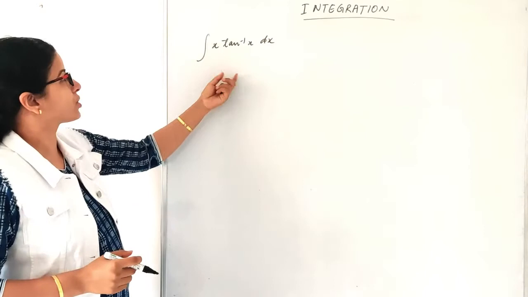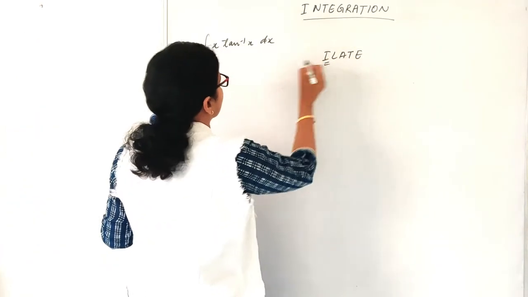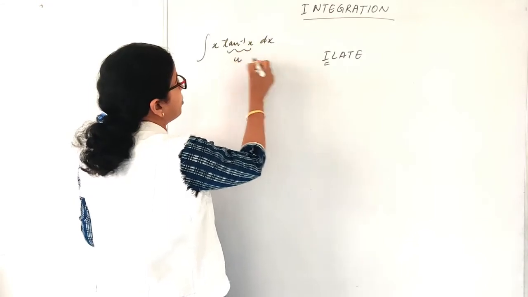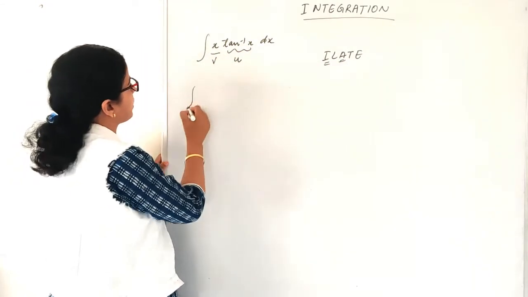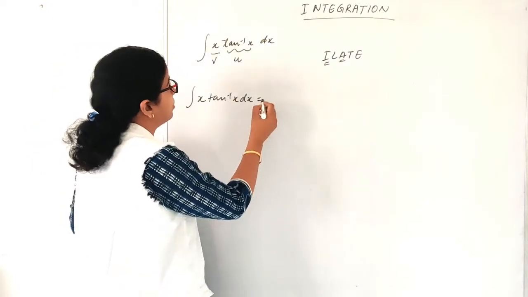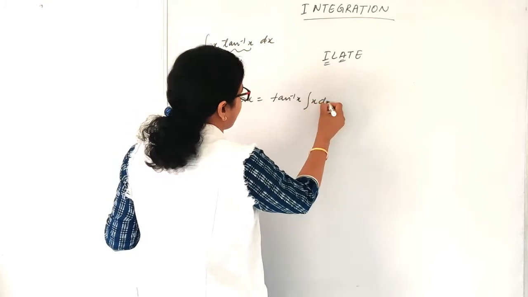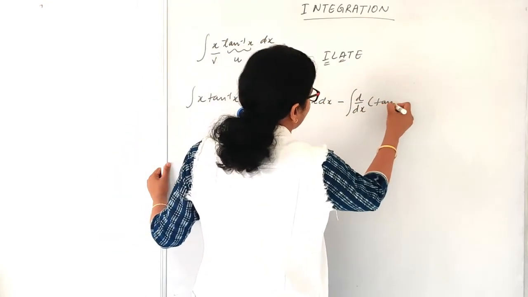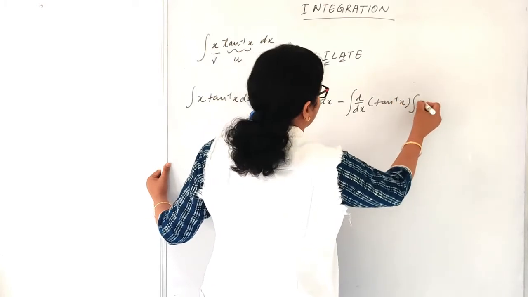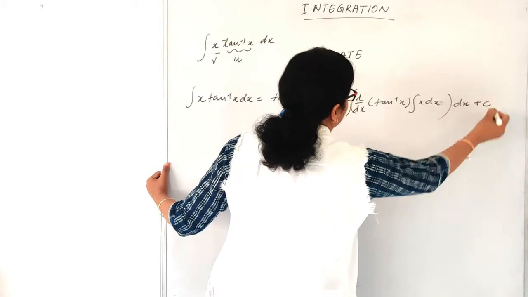So let us check this question now. x tan inverse x dx. So ILATE rule, right? Inverse comes first, so this will become my u. Algebraic is next, so this will become v. Now let us check how we are going to write. So it will be equal to, u will be written as it is, integration of v dx minus differential of u. So what is u? Tan inverse x in this case, right? Integration of v dx and whole dx plus c, right?